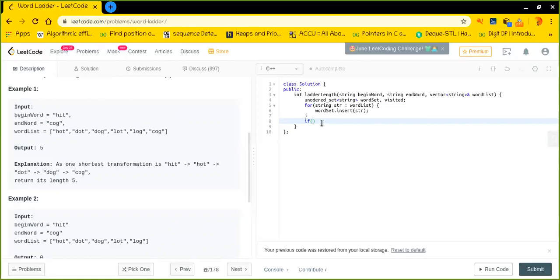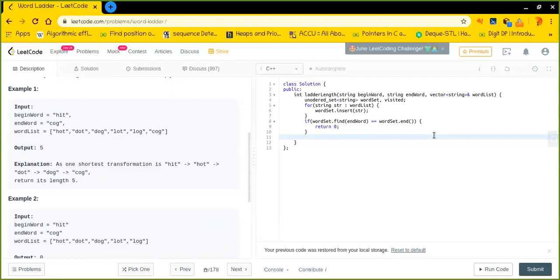So I need to check if my word set contains that value or not, and that value is basically the end word. If that is not the case, then I should return a zero, which implies that it is not actually present in my word list.